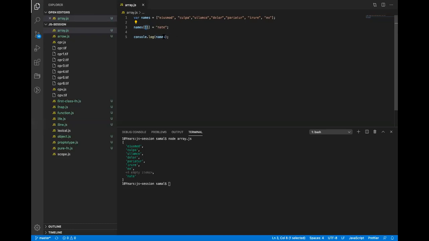So what will be the length of this array? Last index plus 1. Yeah, so if I do length, it is always the last index plus 1 in a JavaScript array.